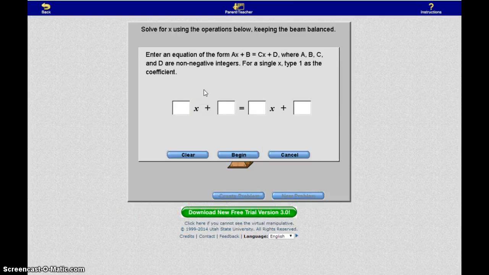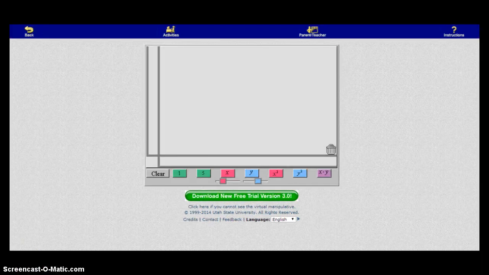It says that you have to enter the equation in the form of a of x plus b equals c of x plus d. So kind of a little bit of a stipulation there. Definitely have to be working with very basic linear equations. So, or not linear equations, but algebraic equations. Okay, so